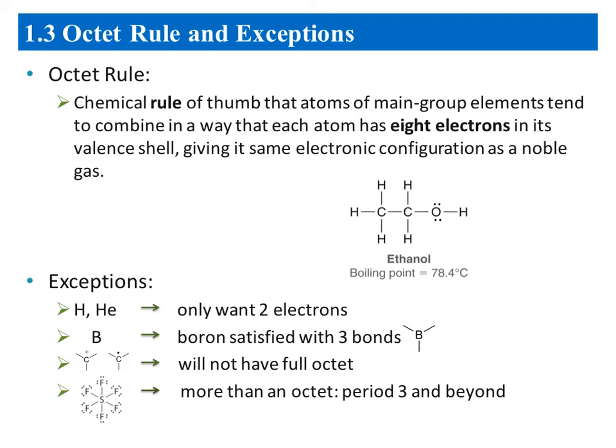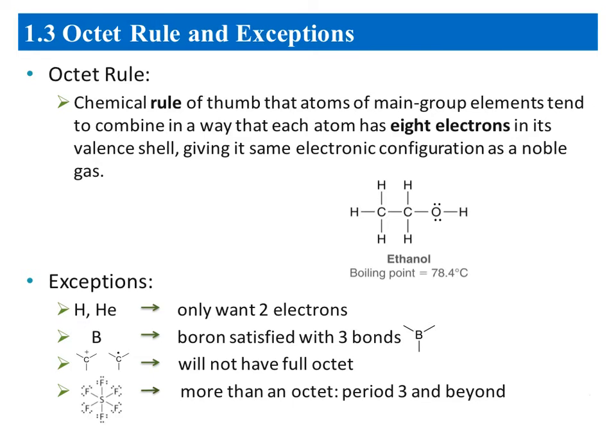In this video, we are going to talk about drawing Lewis structures for different molecules. But before that, I would like to review a rule from the general chemistry book, which we call the octet rule. So what does octet mean? The main group elements have the tendency to make a bond with other atoms in a way that each atom has 8 electrons in its valence shell, which gives the electron configuration of a noble gas to that element and makes